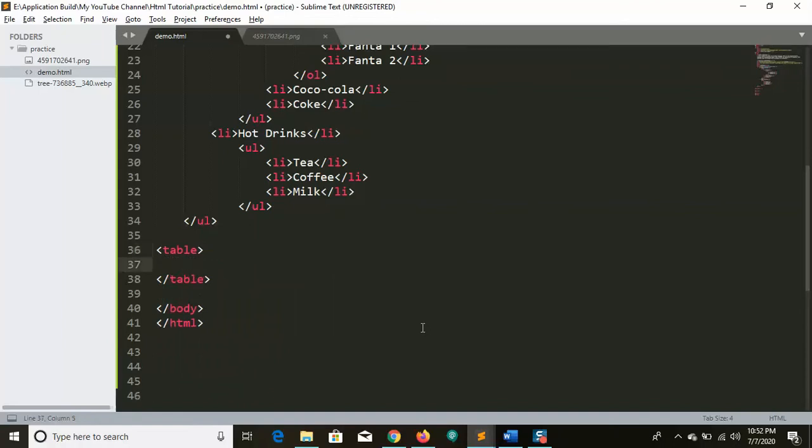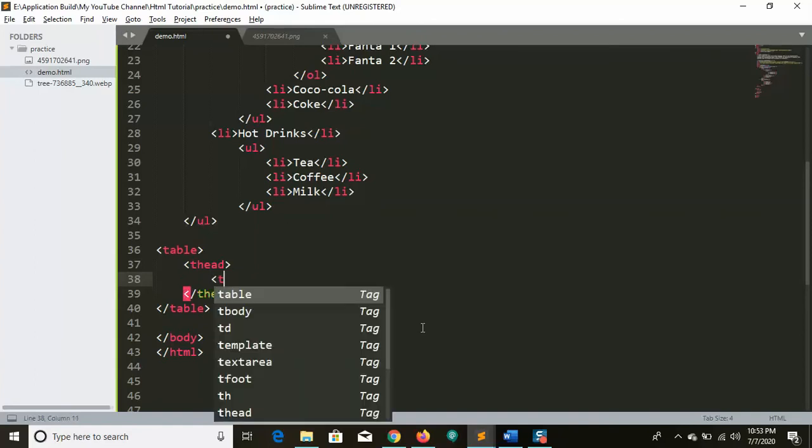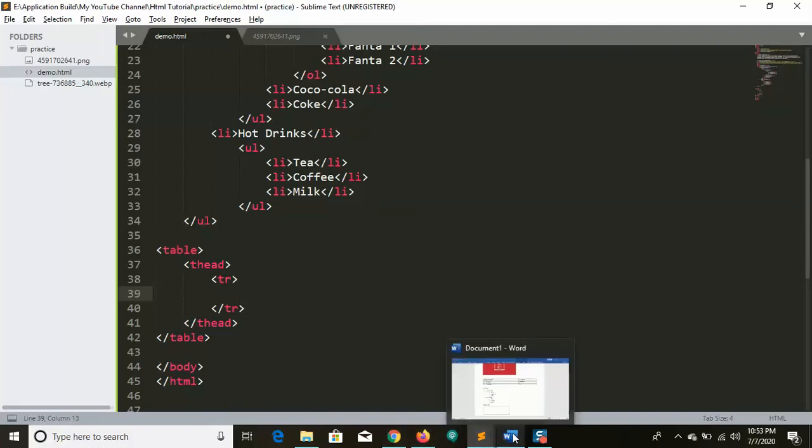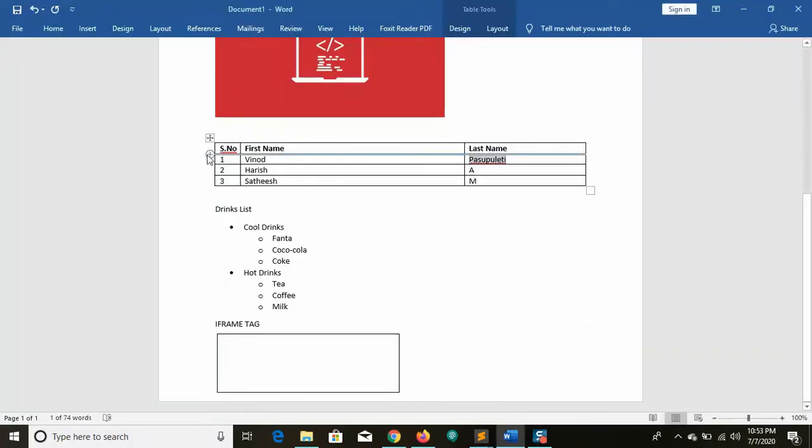Inside the table we can have the table heading and tr. In the tr, we can have the th. It's very simple. So we have the table head, right?